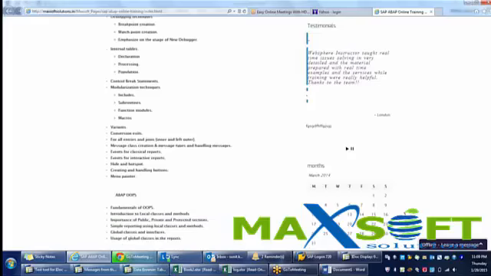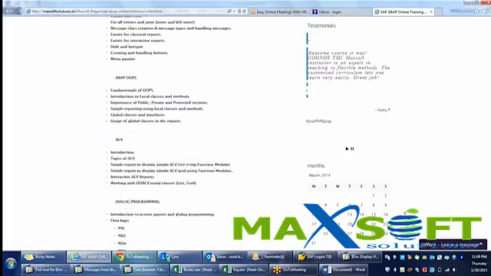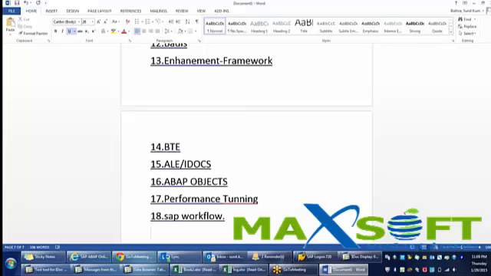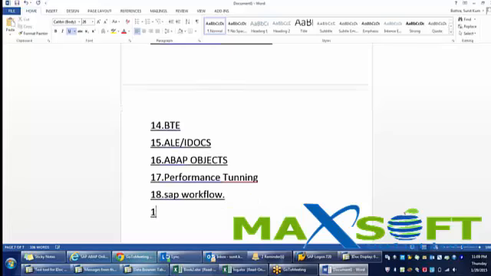You can tell me about the flow of other modules, like the SD flow and MM flow, and how they are related to ABAP. Yes, the MM and SD flow. This will actually be very much discussed, because I'm very confused between them. And then I'll be covering the project, the types of projects.